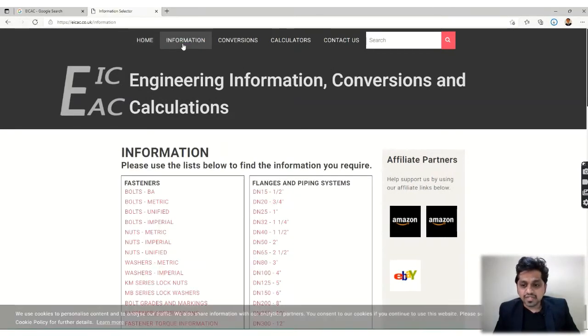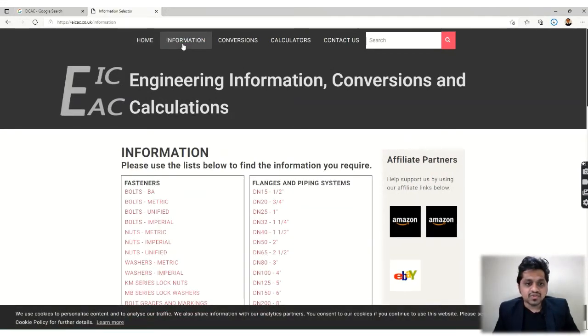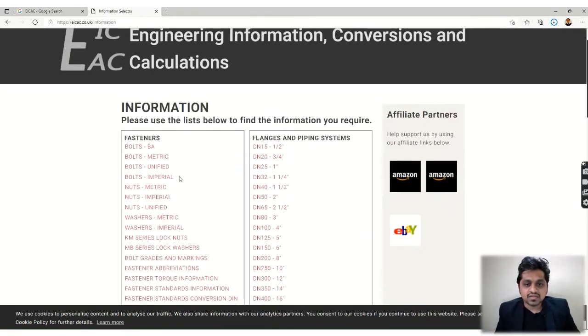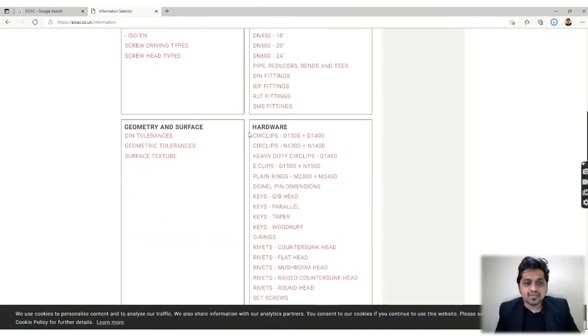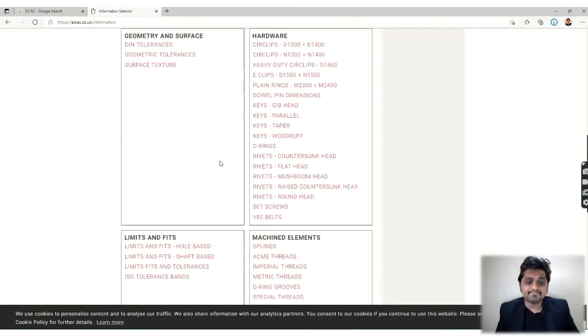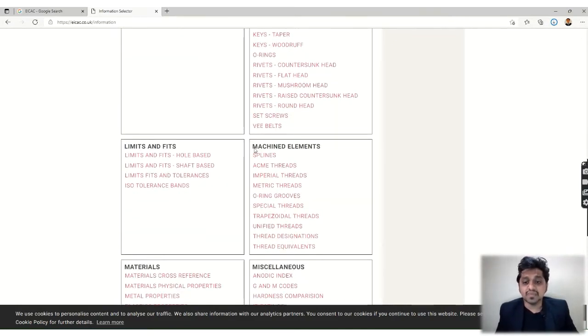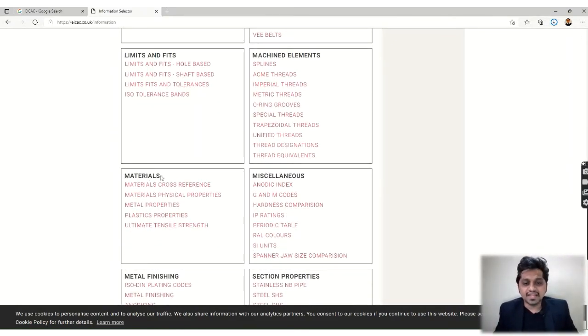So in information, you could see here there are different segregations done: fasteners, then flanges and piping system, then surfaces, hardware, then limits, fits, machined elements, materials, then miscellaneous. All these things have information here. So let's have a look.